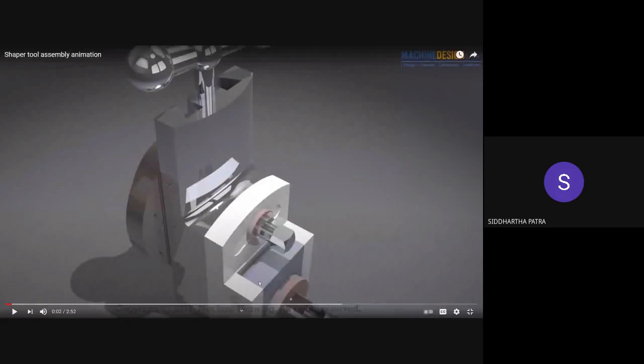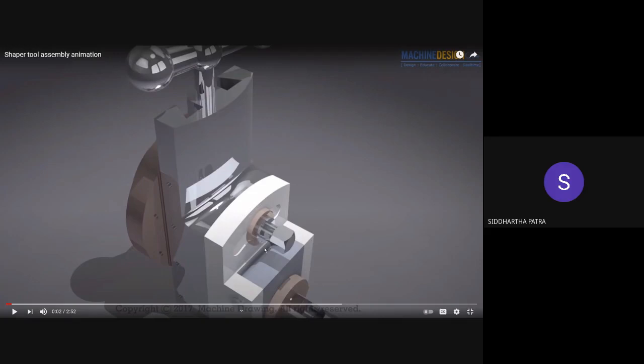Okay, and there are a couple of joints by which it is attached to the vertical slide. So one of them is this clamp screw right there, which is visible along with a washer.